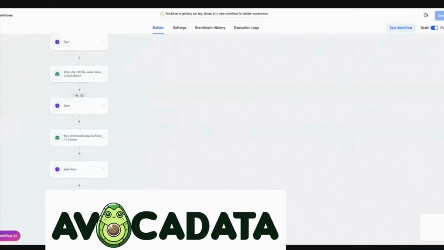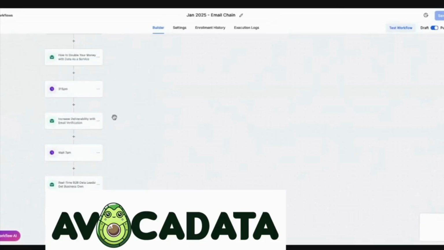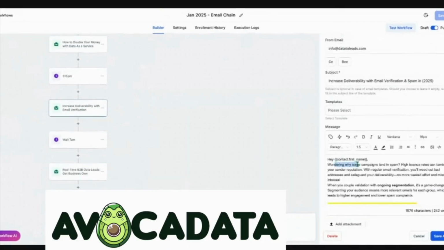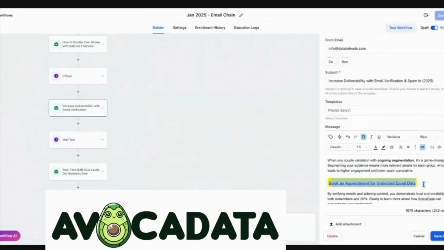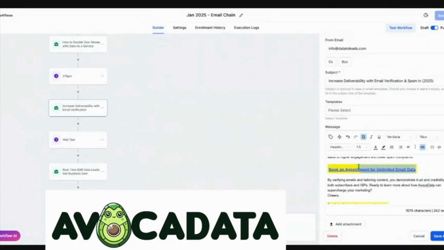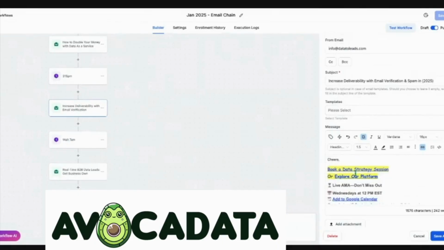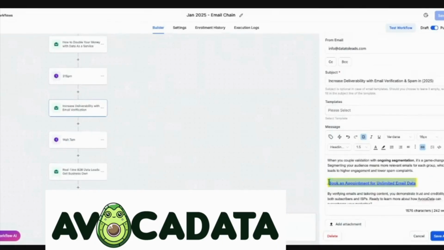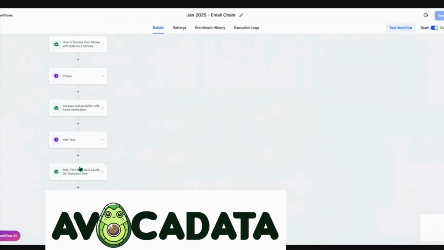So let me go down to some of the newer emails that are very educational. Increase email deliverability. I don't try to sell anything in this email. I'm just talking about how to send email, how to not land in spam. And I put a link every few rows. This is my advertisement. This is the ad that pops up on the right panel of whatever news website you look at in the morning. And now you're not paying for it. It's you. So repetition, I do this 2 times a day.